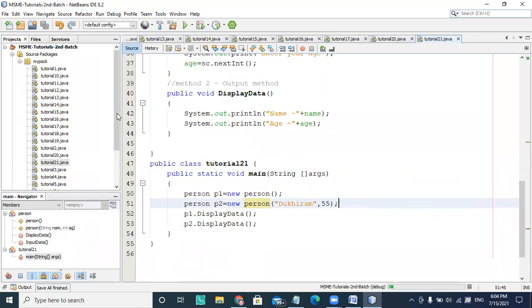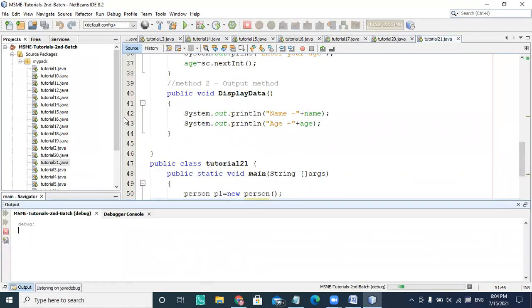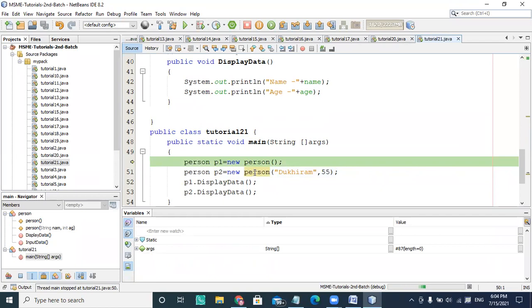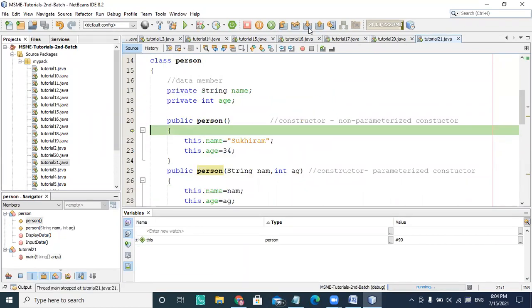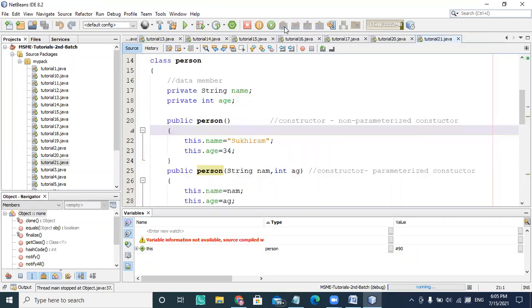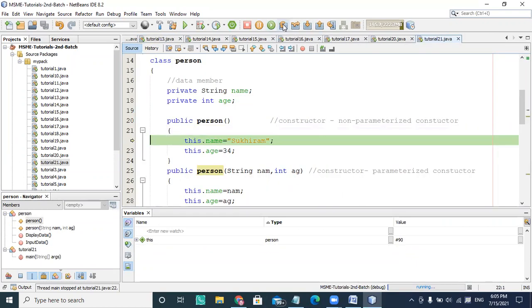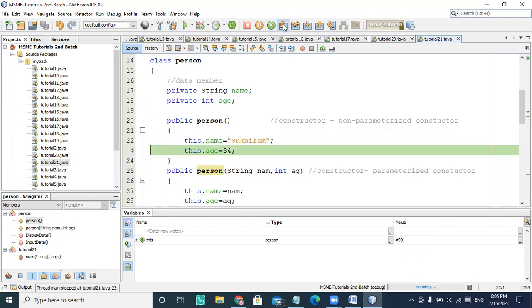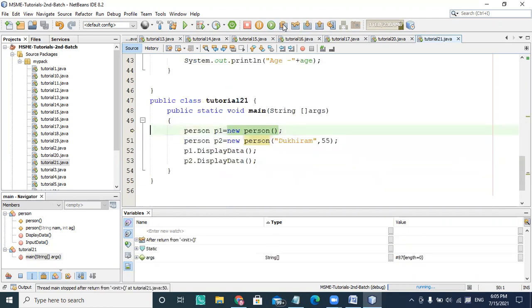I'm choosing step into and the debug starts. My first constructor is going to be called. It's a non-parameterized constructor, it uses this P1, P2 part, initializes, and returns back to me.